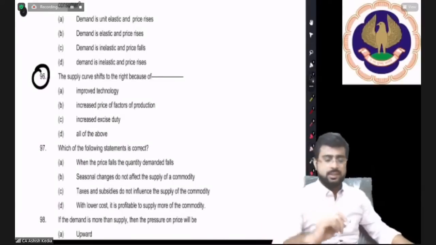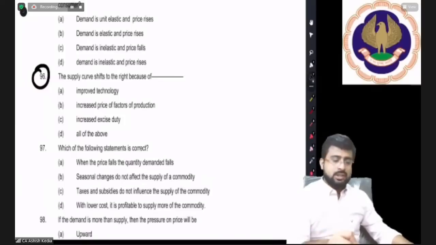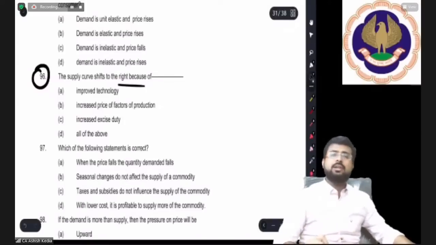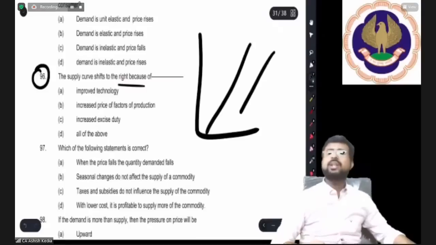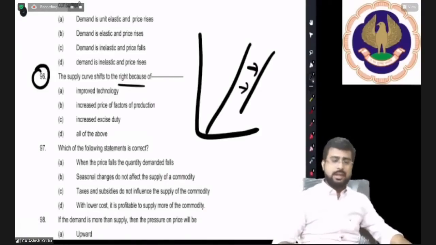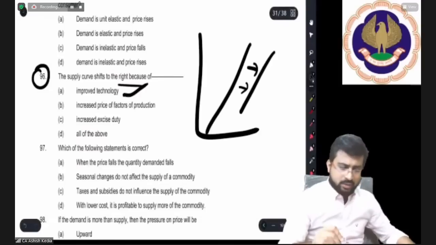All right, see, number 96, supply curve shifts to the right. So basically it was like this, now it has become like this, it has shifted to the right. Why? They're asking. Improve technology,